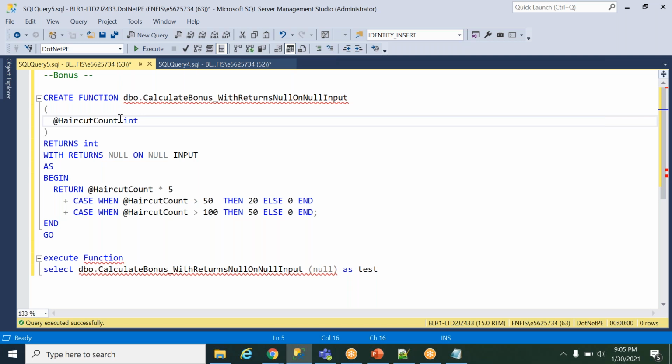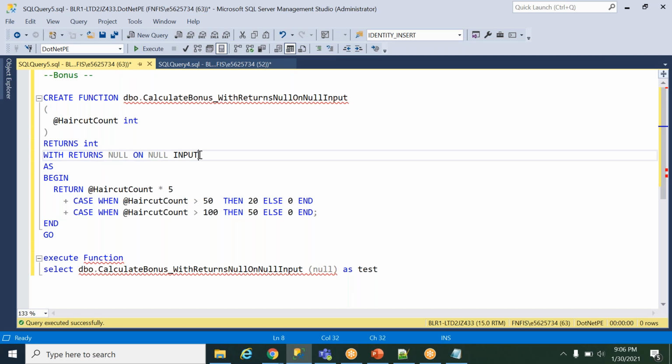But if you are passing that null value and executing the function unnecessarily, it will take time because there is no need to access it. You are just calculating maybe a total or average amount in the function for a particular employee, but that employee ID itself is null, so you need not calculate anything. So that time we have a feature, returns null on null input.